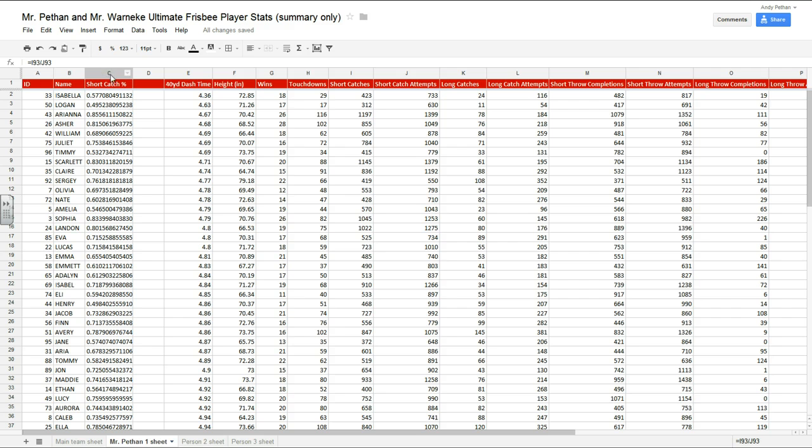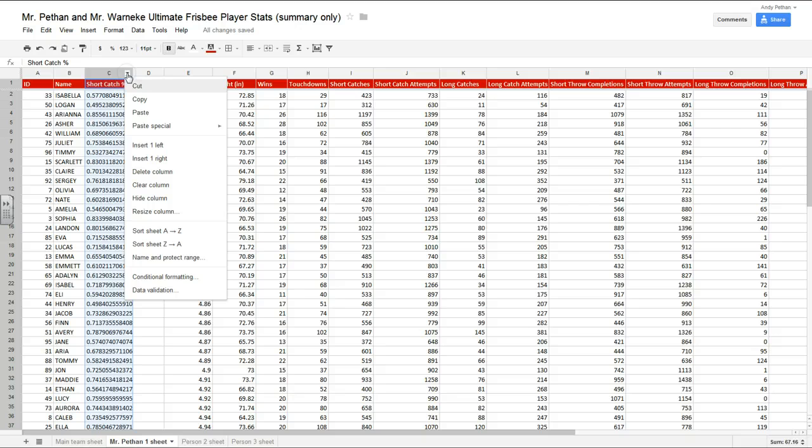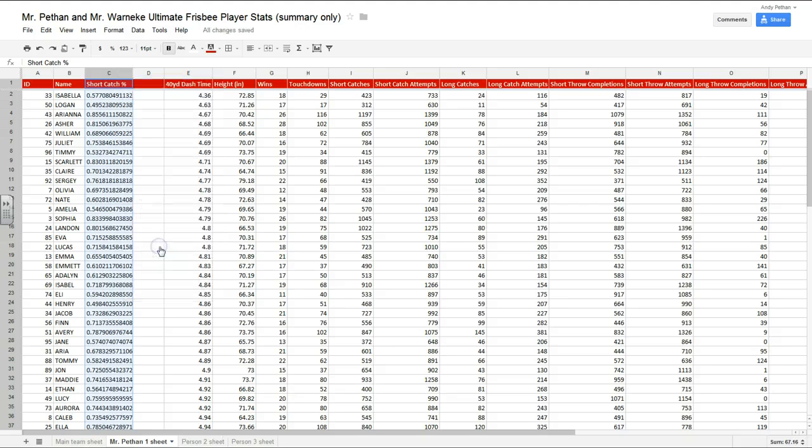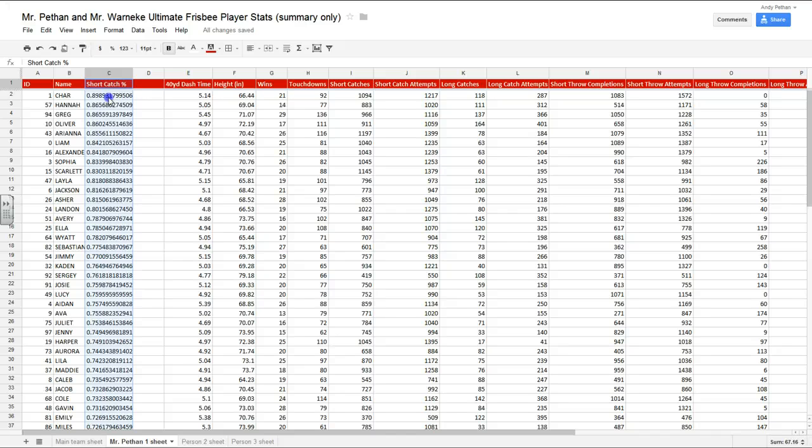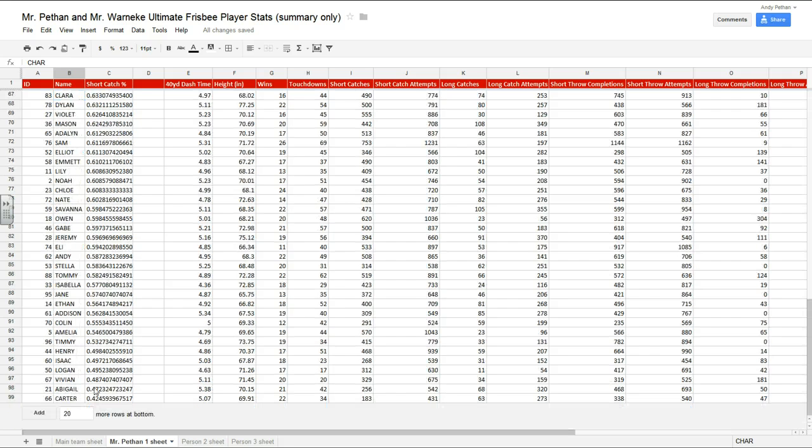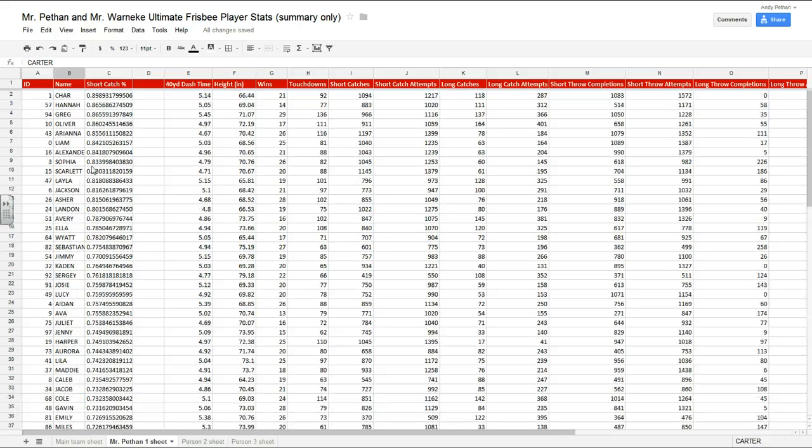Now when I hover over this column header here, I can click on this down arrow and go to sort sheet, Z to A, and it will put every one of these players in order by their short catching percentage. So I can see that Shar is the best short catcher in the league, and Carter is the worst at around 42%. So if I believe this is the best way to organize people, then I would create this formula